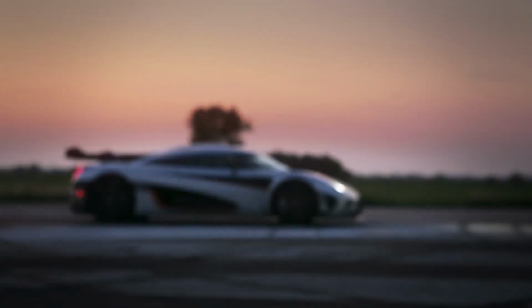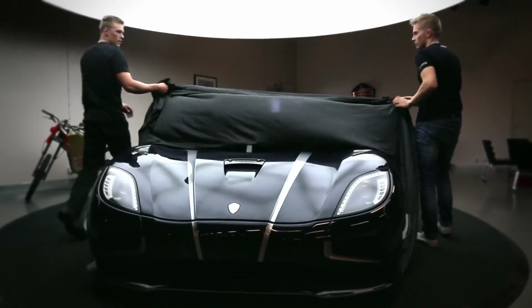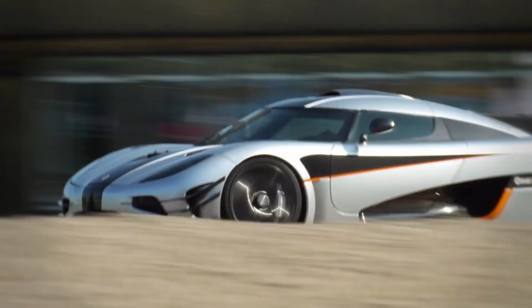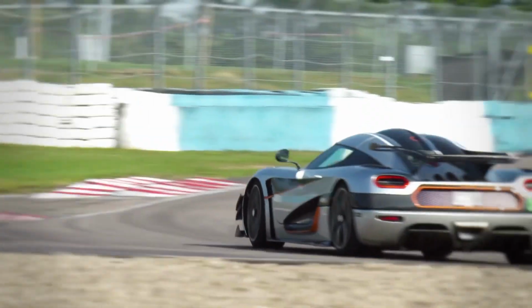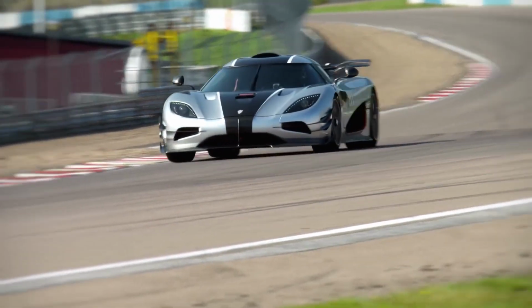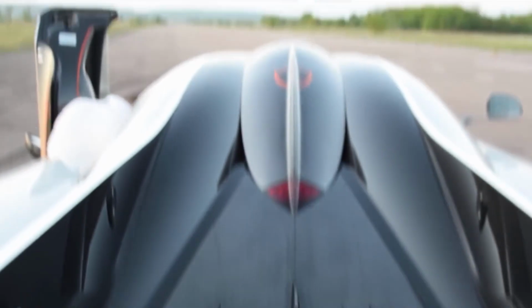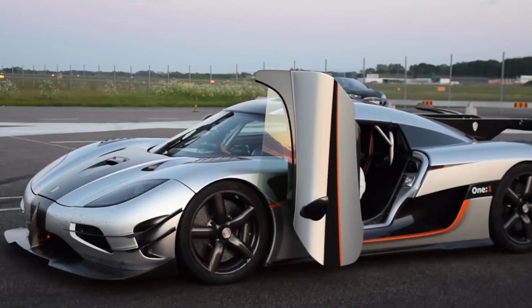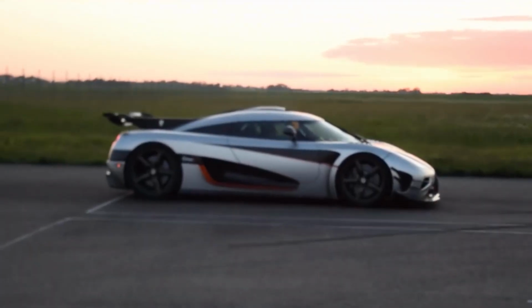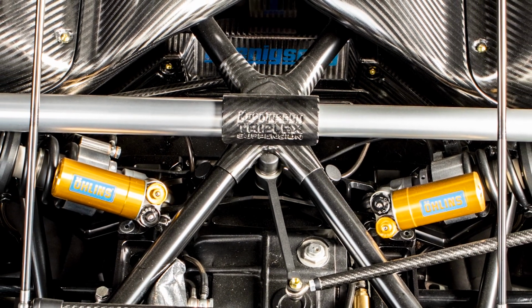Back to Sweden we go, and another special edition car. The 1-to-1 was a bonkers limited edition of the Agera with one single goal in mind: to have a power-to-weight ratio of 1-to-1. Hence that rather uncryptic and slightly awkward name. Considering the car itself weighs 1,360 kilograms, that meant its 5-litre twin-turbo V8 needed 1,360 horsepower, and that meant significantly